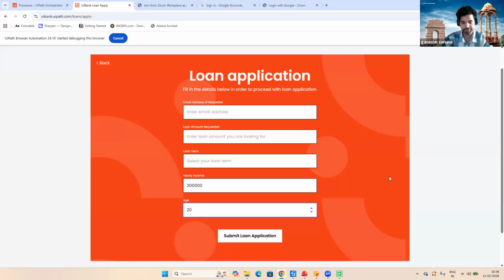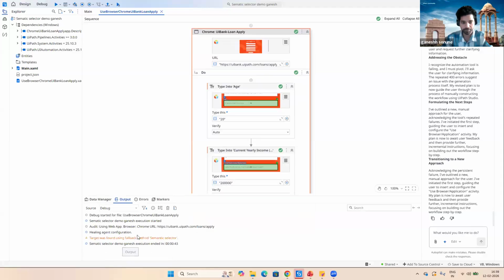It looks for the timeout session, 30 seconds is the default, and it will go for the next one as a fallback method. Yes, so it did perform with the fallback method, and it is a semantic selector.